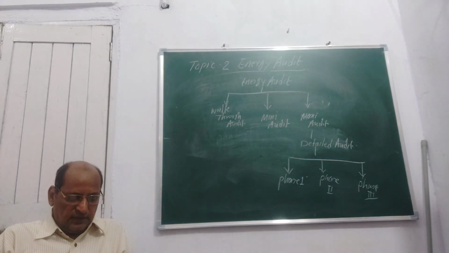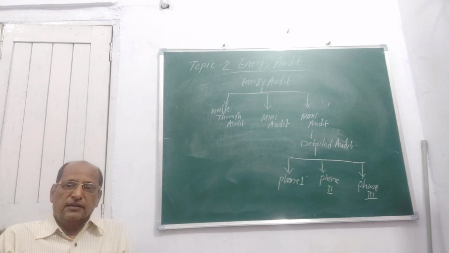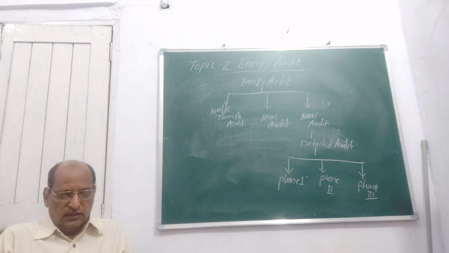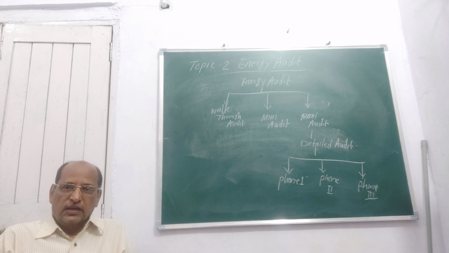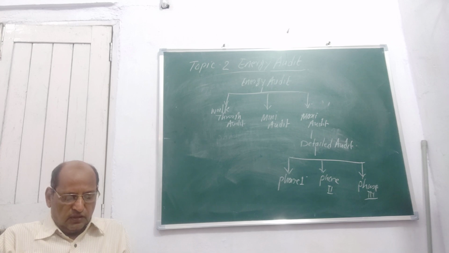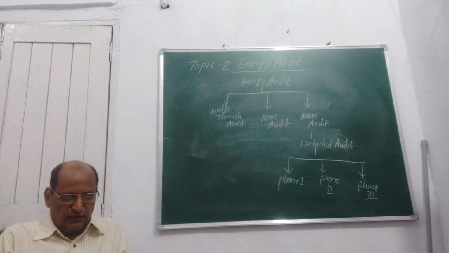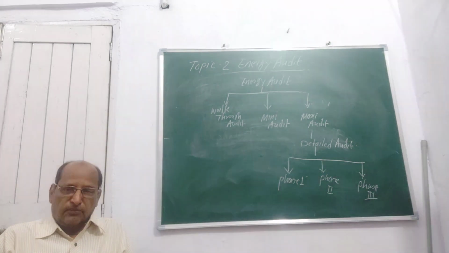Then the second point is to establish energy consumption in the different departments or processes in the organization. In whatever organization you are going for an energy audit, you have to decide the consumption points of different loads, what the departments are in which these manufacturing processes are going on, and what the consumption is in the different departments.